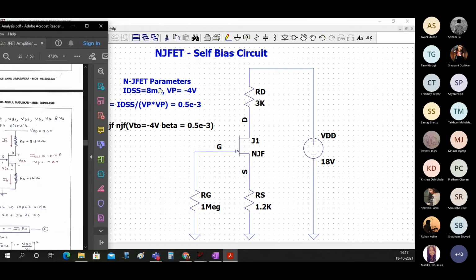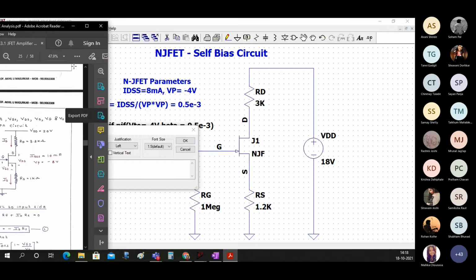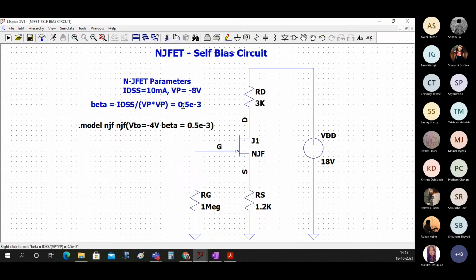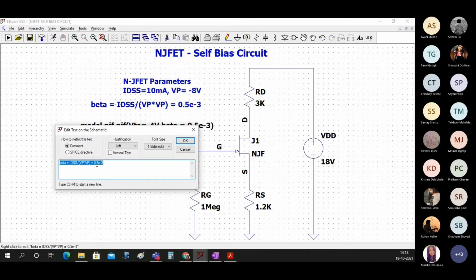I'm changing IDSS to 10, so we don't have to solve this again. And what was our VP? -8. And then this would be 10 upon 64, 10 divided by 64, 0.15625.